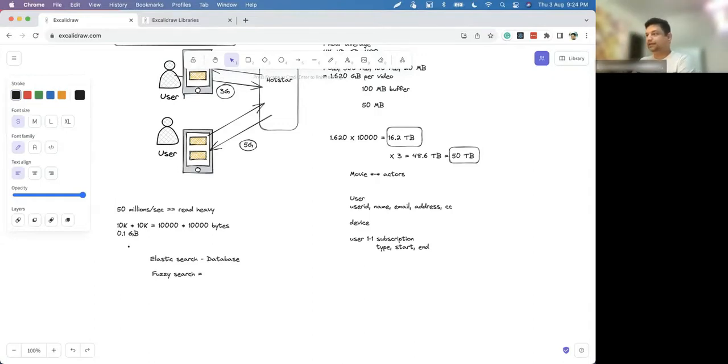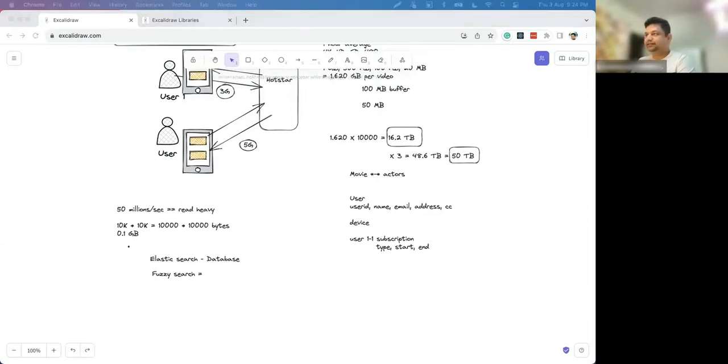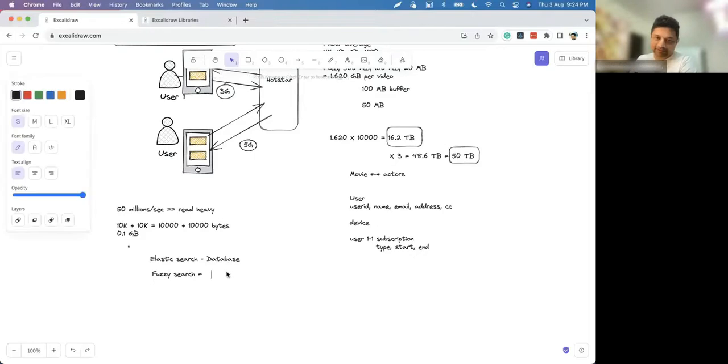Say, for example, I am searching for some difficult name, so maybe I'm searching movies with this actor, but I might have misspelled it. Even with the misspelling, I will still get the result. This is not possible with SQL.